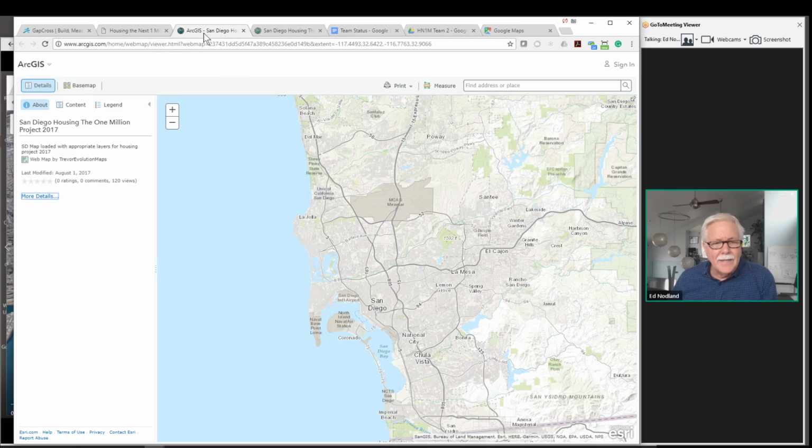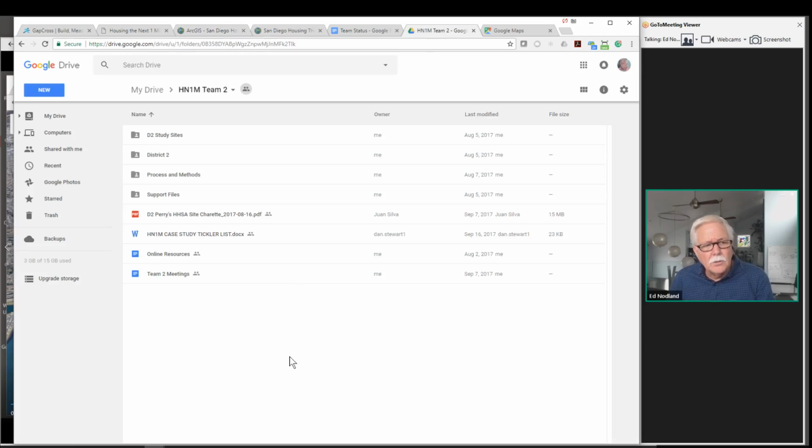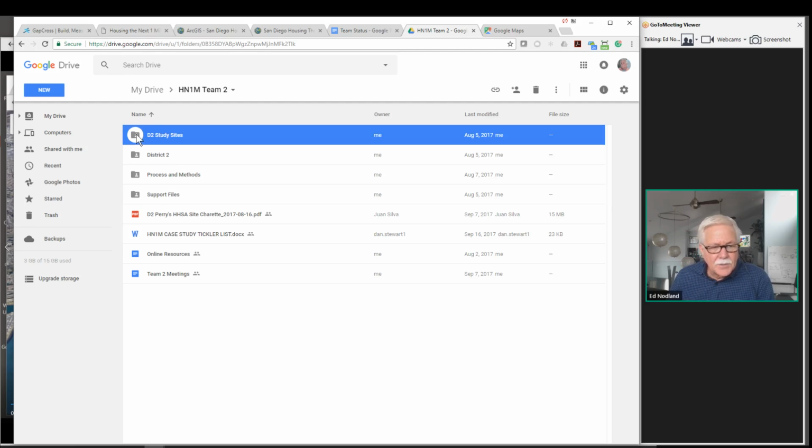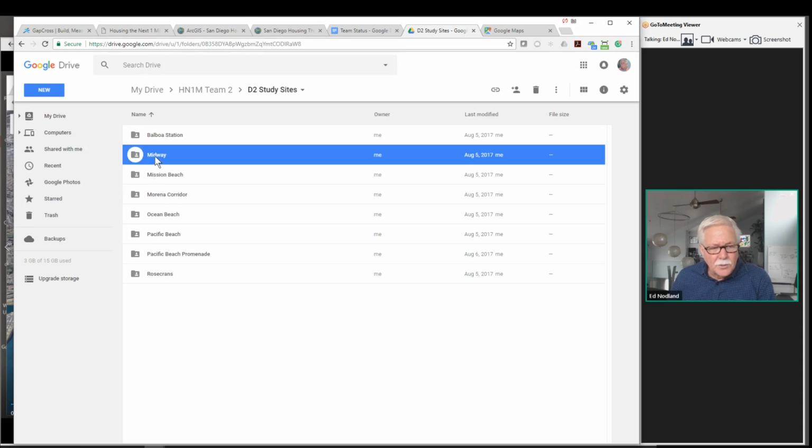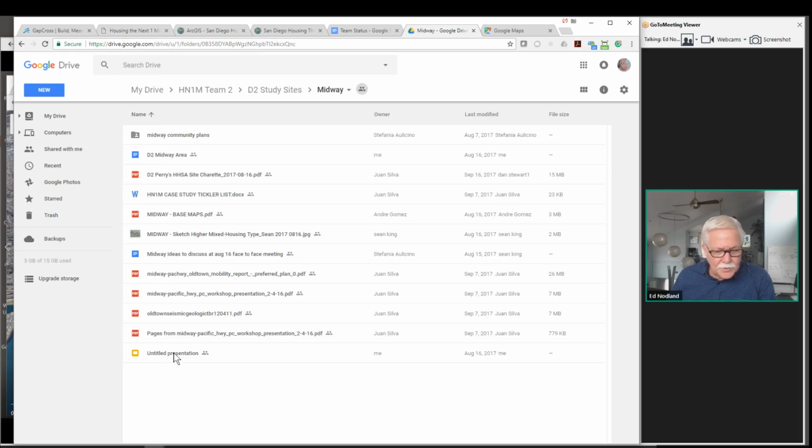So let's do that. Now, another resource is that we're using a Google Drive folder. If you're not familiar with this, ask around on your team. I'm sure there's somebody that is. You can set this up for free. You can set up your Google accounts, again, no cost to that. Everybody can get in and share this space. So we have our District 2 study sites. If I go into this folder, you see one for each of the areas. If I go into a particular area, I have all sorts of files that people are dropping information about that,